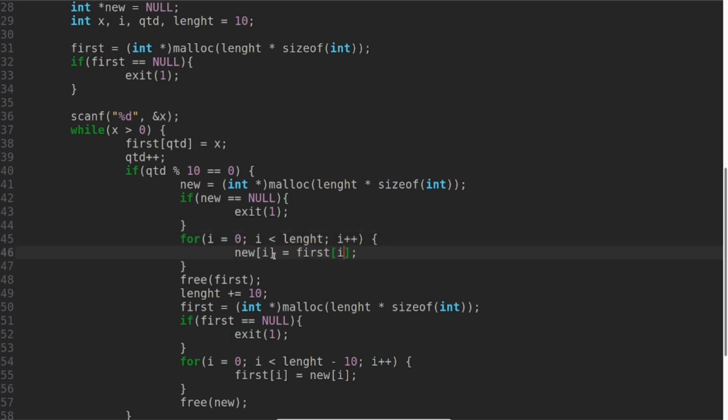swapping the values of first in the position i to new in the position i. The i is equal to 0, i has to be lower than the length, and every time this for loop runs, the value of i will increase by 1. Then I free the memory of the first array that I allocated, and increase the length by 10,